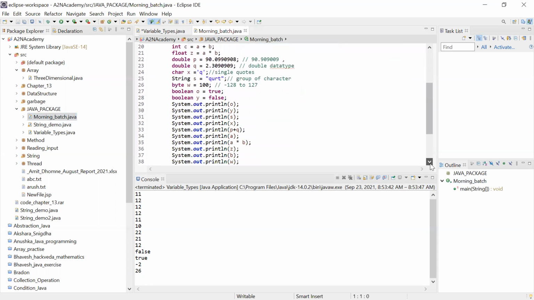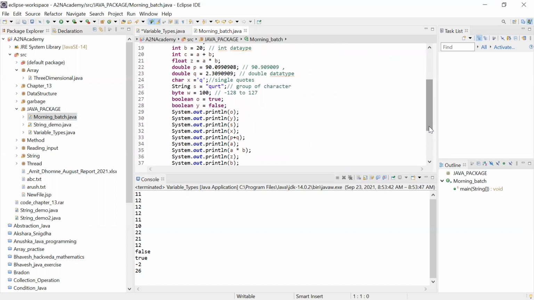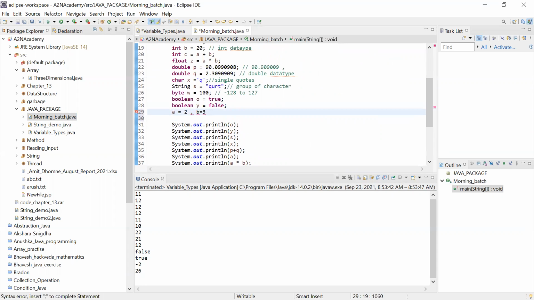And again, as many variables as you want, you can define and use. And I hope you are aware of the explanation I gave yesterday also. Suppose you have a is equal to 2 and b is equal to 3, then you can also write it down. Okay, a and b are already initialized. Let me take x and here.